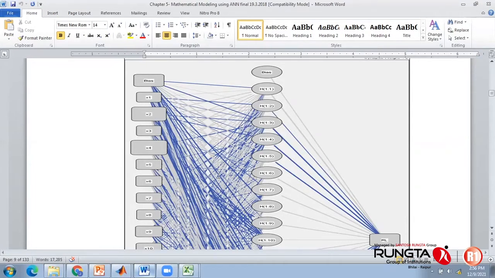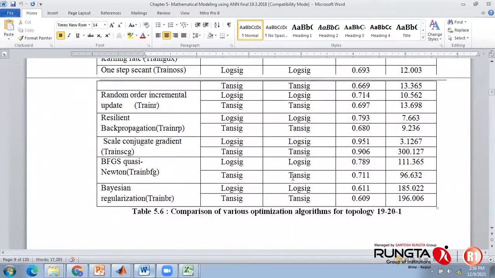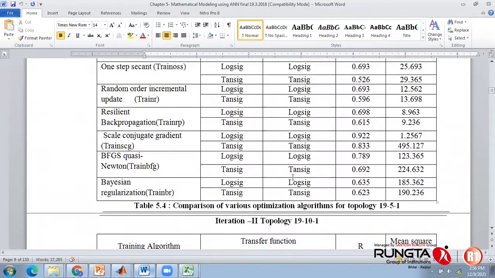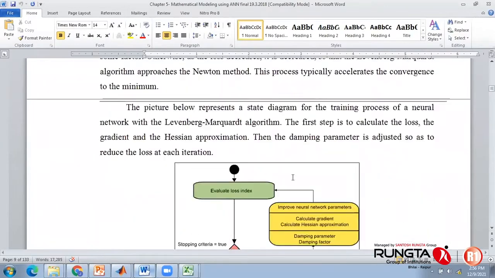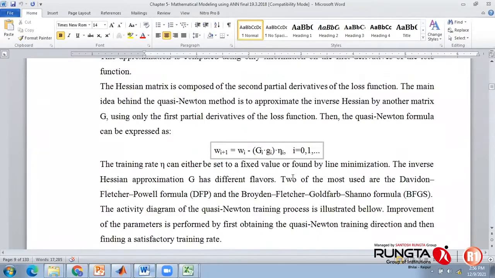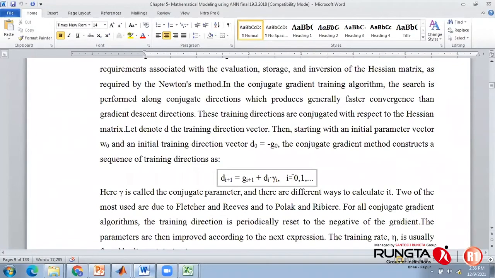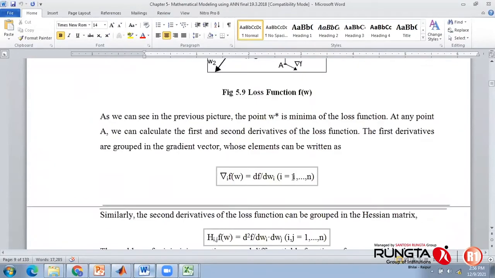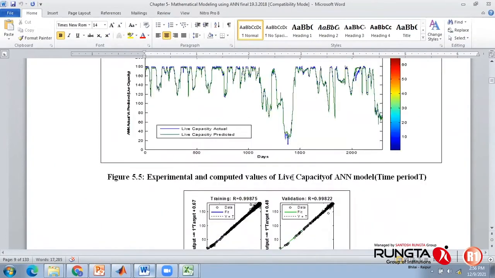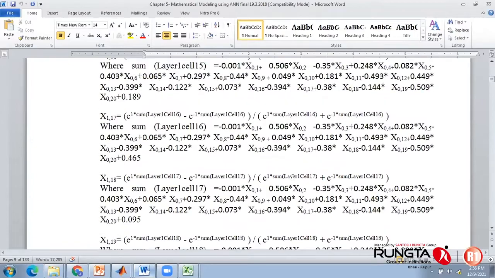But to be very frank, we usually don't create a mathematical model upfront, because it is not required. It is always black box in nature. But I have created it in this thesis also, this is a sample one. Otherwise, one mathematical model may need more than 250 pages to write. This is how I wrote it.